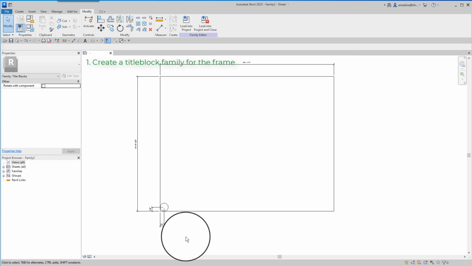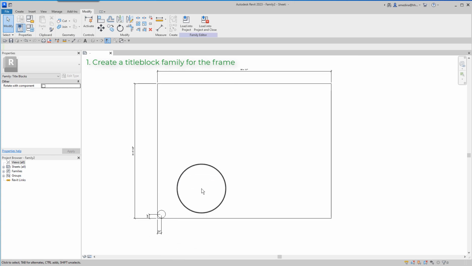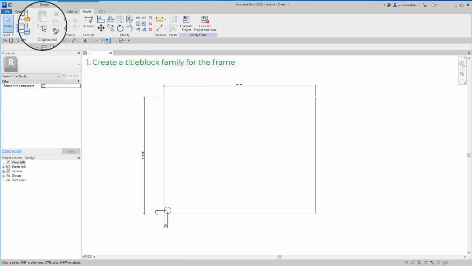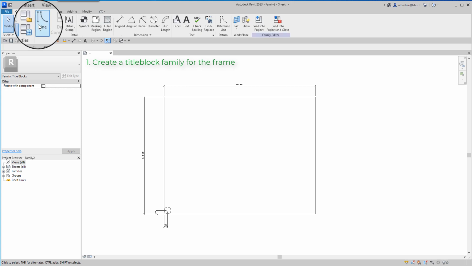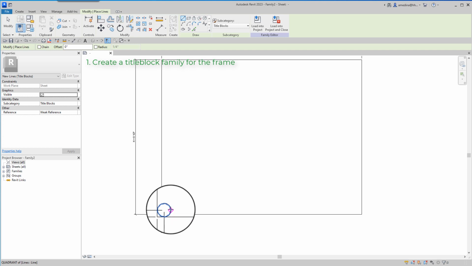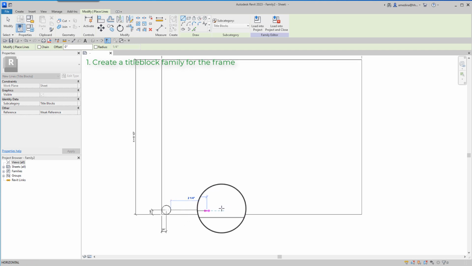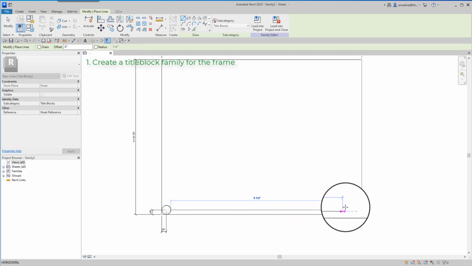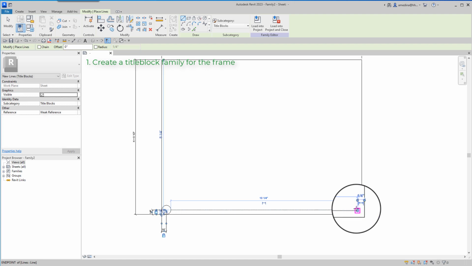Okay. The other line that I need is a line that begins from the quadrant of this circle to here, to 1/4 off from the line on the right side.